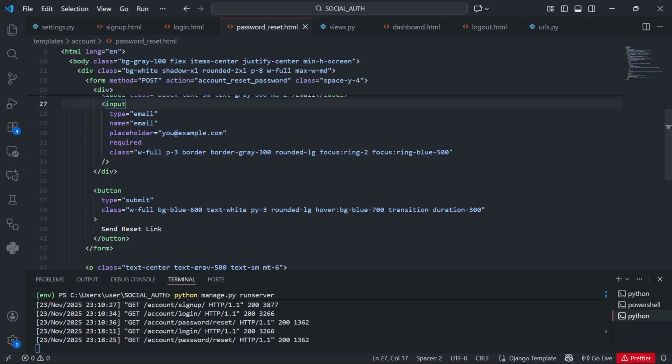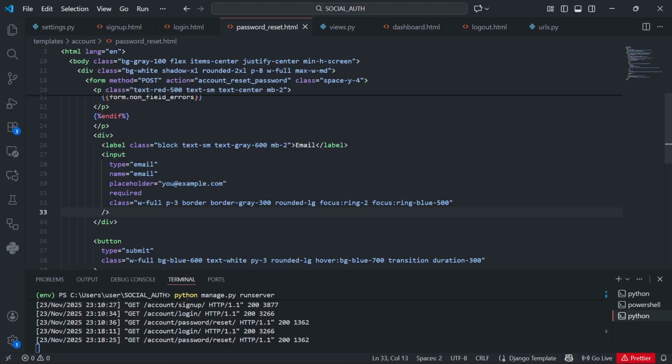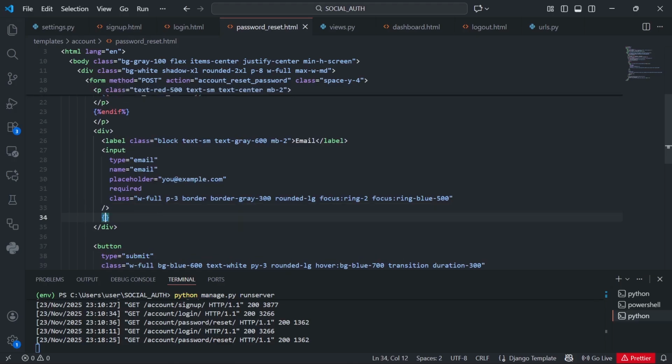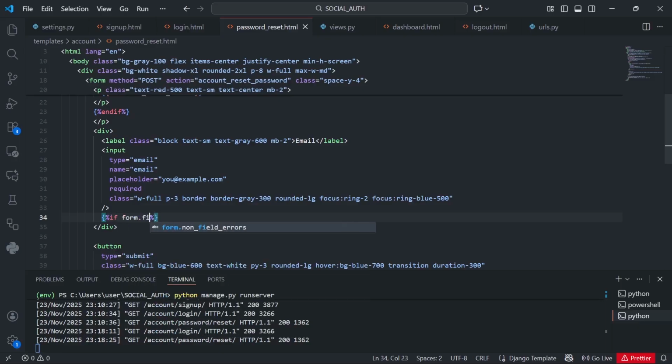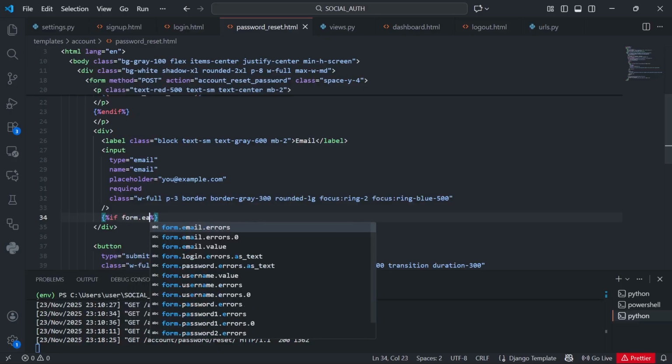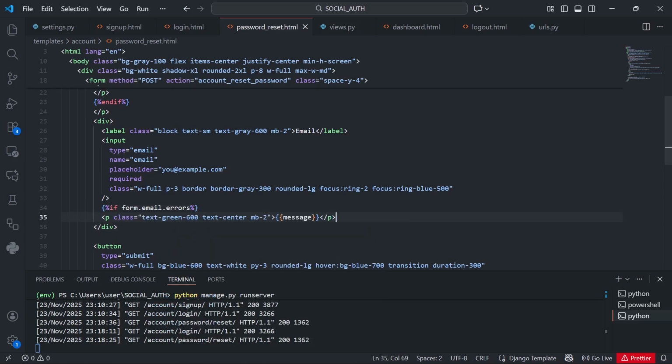Now the next thing we want to do is work on this. We have this button type submit, everything is working, but now I want to work on field errors. If there's a form dot field errors after this input tag, I'm going to say percentage, put your curly braces. So if form dot field dot email dot errors, I'm just going to paste that p tag that we have here, but here is going to be red